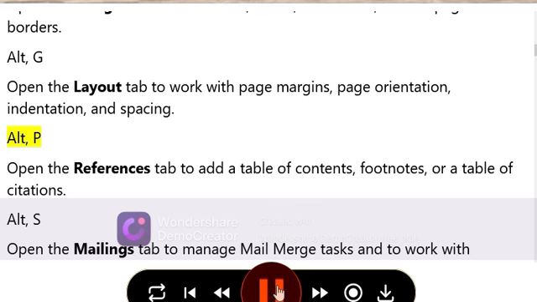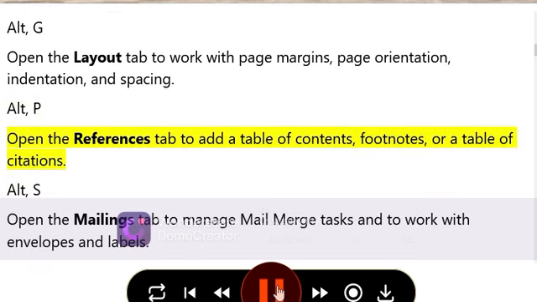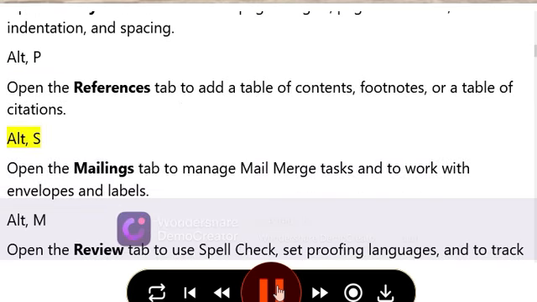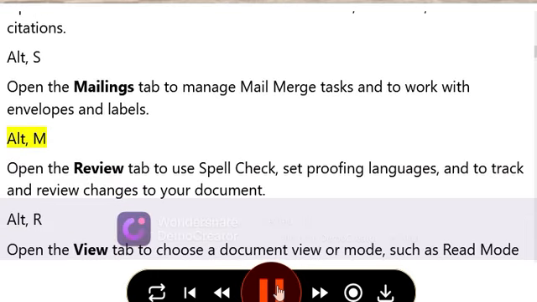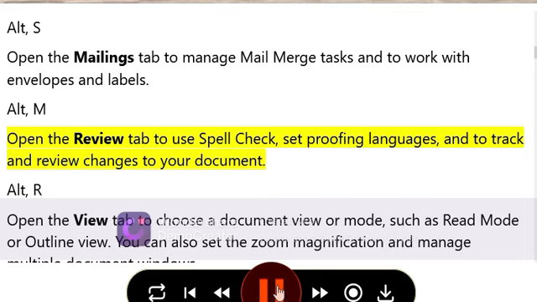Open the References tab to add a table of contents, footnotes, or a table of citations, Alt S. Open the Mailings tab to manage mail merge tasks and to work with envelopes and labels, Alt M. Open the Review tab to use spell check, set proofing languages, and to track and review changes to